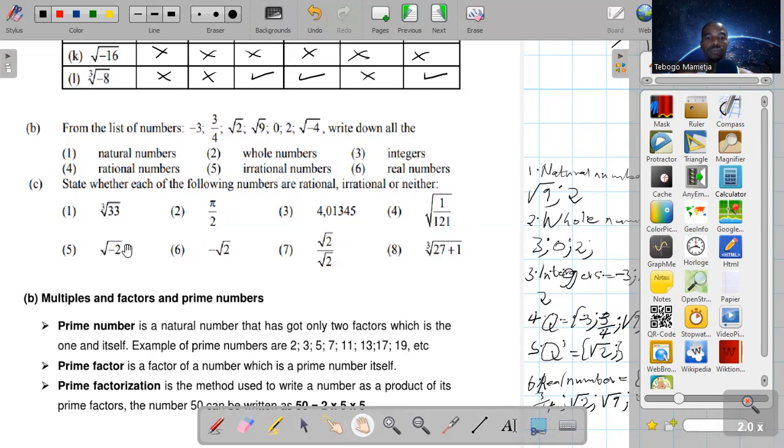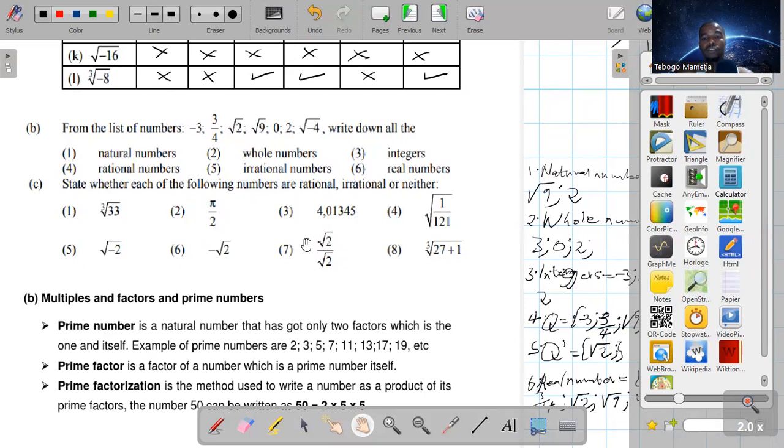negative square root of 2. So the square root of 2 is going to be 1 point something. But now the answer there is going to be negative 1 point something, which is irrational. Number 6 is irrational. Number 7, that number divided by that number. So guys, any number divided by itself, except 0, is 1. So the last one is